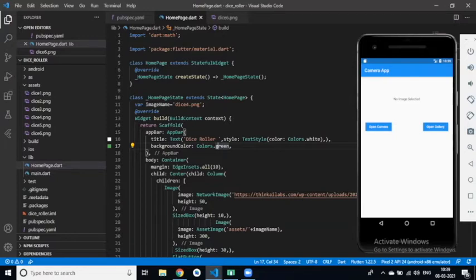So we have learned now how to use the camera in Flutter. Roshan, right now you tried it in the emulator, so when you open the gallery, it will go to the emulator gallery. In my case, when I open it on my mobile, it will go to my personal gallery, and this will be the real camera on your mobile phone.